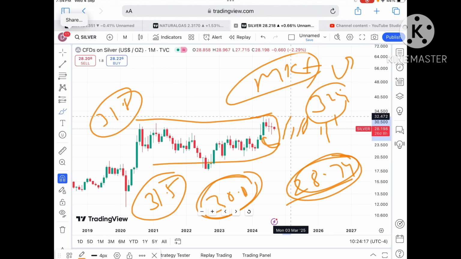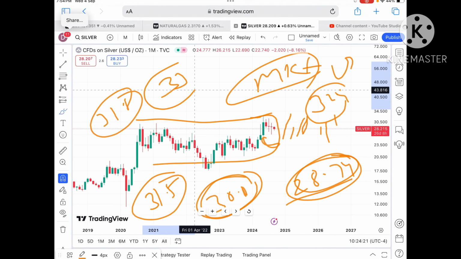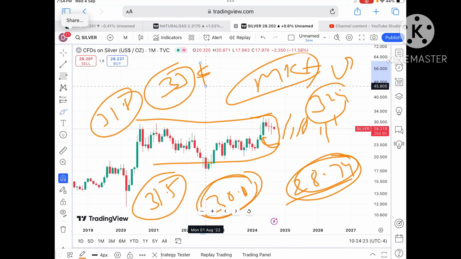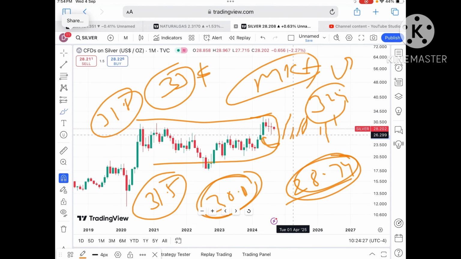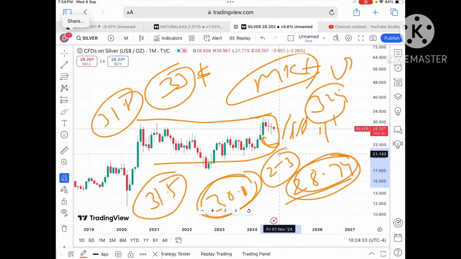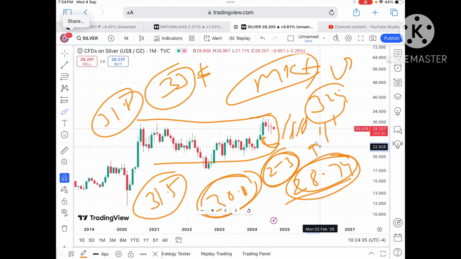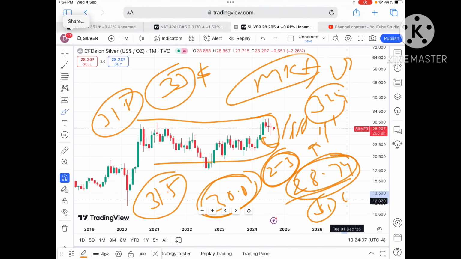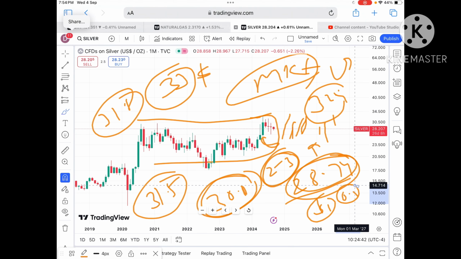And this is an all-time high, so there is a probability of it crossing this level, and then it will go towards a level of 33. Keep trailing your SL so that you can capture a big movement towards the upside. We have seen mostly the dollar moves in a zone of around $2 to $3 in a month, so probability can be high. If the price starts moving out of this level, you can trail your SL by $1 or 0.5 so that you can capture a big movement towards the upside.